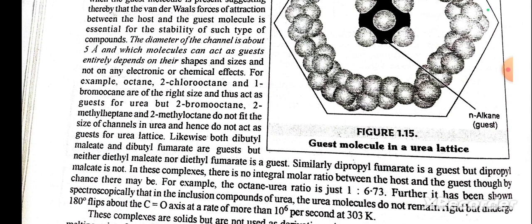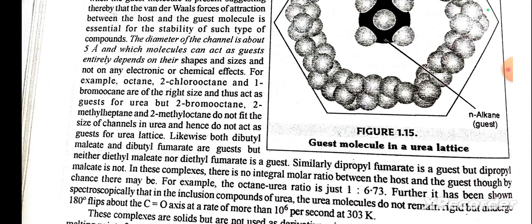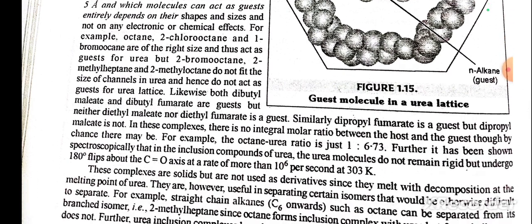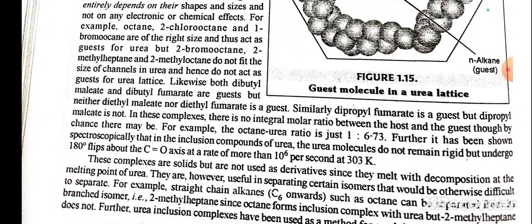Likewise, both the dibutyl malonic and dibutyl fumarate are the guest, but either the diethyl or the non-diethyl fumarate is a greater guest, and simple the dipropyl fumarate is a greater one, but the polar channel of these may be. For example, the octane urea ratio is 1:6.73. Further, it has been shown that the spectroscopic studies including the compound urea molecule do not remain resistive between